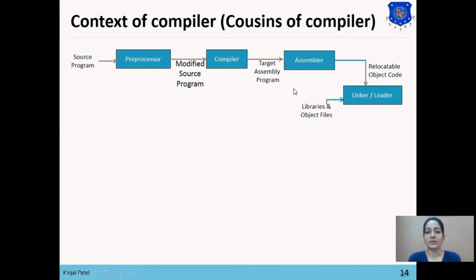Now there are two types of machine codes. The first one is relocatable object code and the second one is absolute object code. The difference between relocatable and absolute is that relocatable machine code is not at the proper location where we want it. It can be anywhere in memory, and relocatable machine code also allows the movement of the program, and the source program can be in different modules.